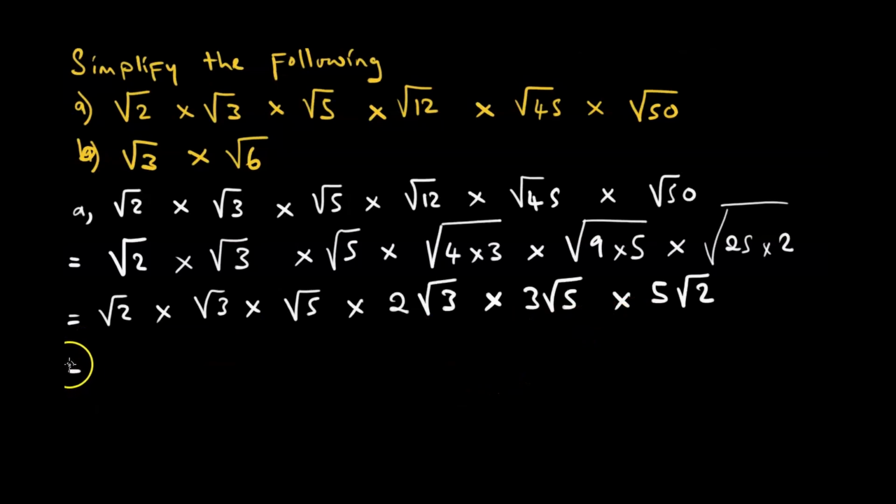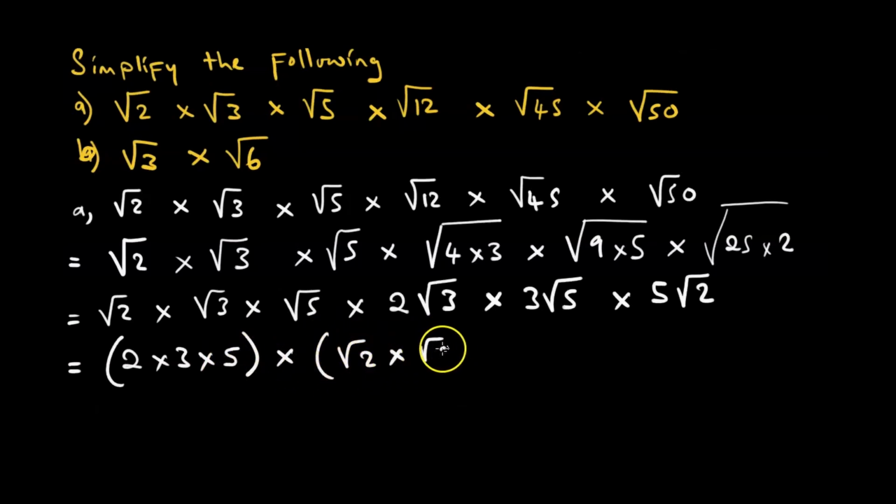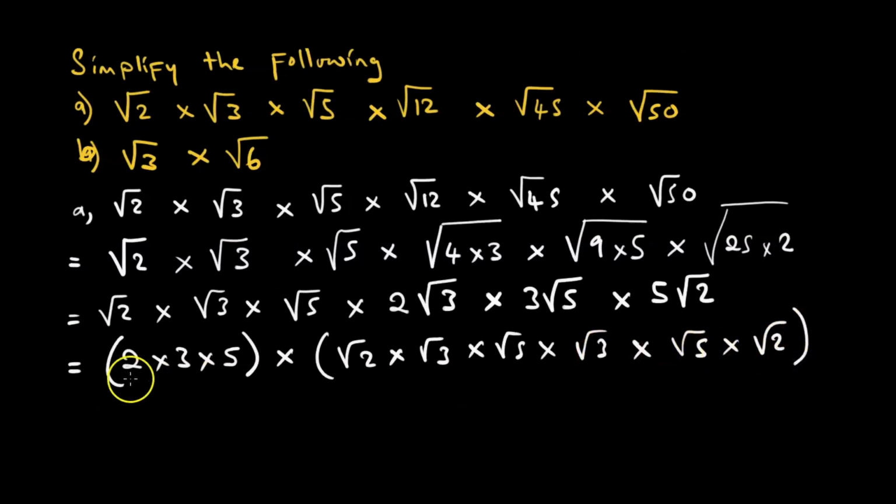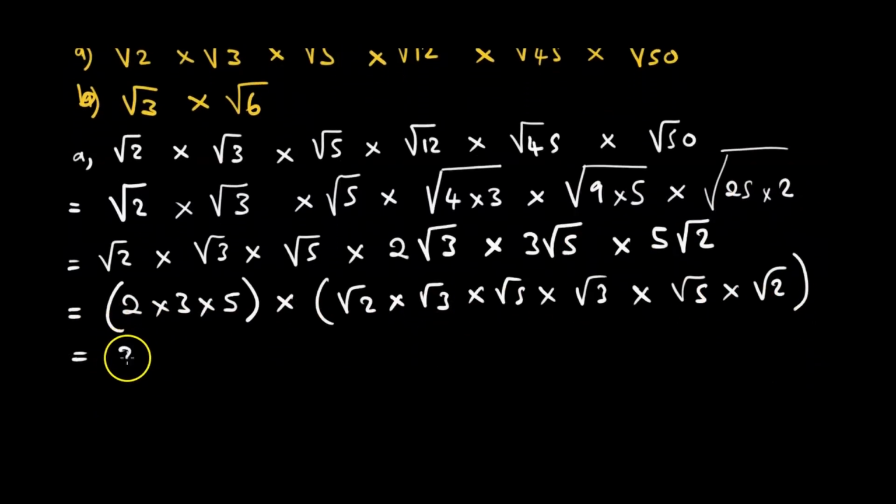Then now we collect the numbers that multiply on their own. That means we will have 2 times 3 times 5 multiplying the square root of 2 times the square root of 3 times the square root of 5 times the square root of 3 times the square root of 5 times the square root of 2. So what is 2 times 3? It's 6. 6 times 5, that's 30. Multiplying the square root of 2 with the square root of 2 that is here,